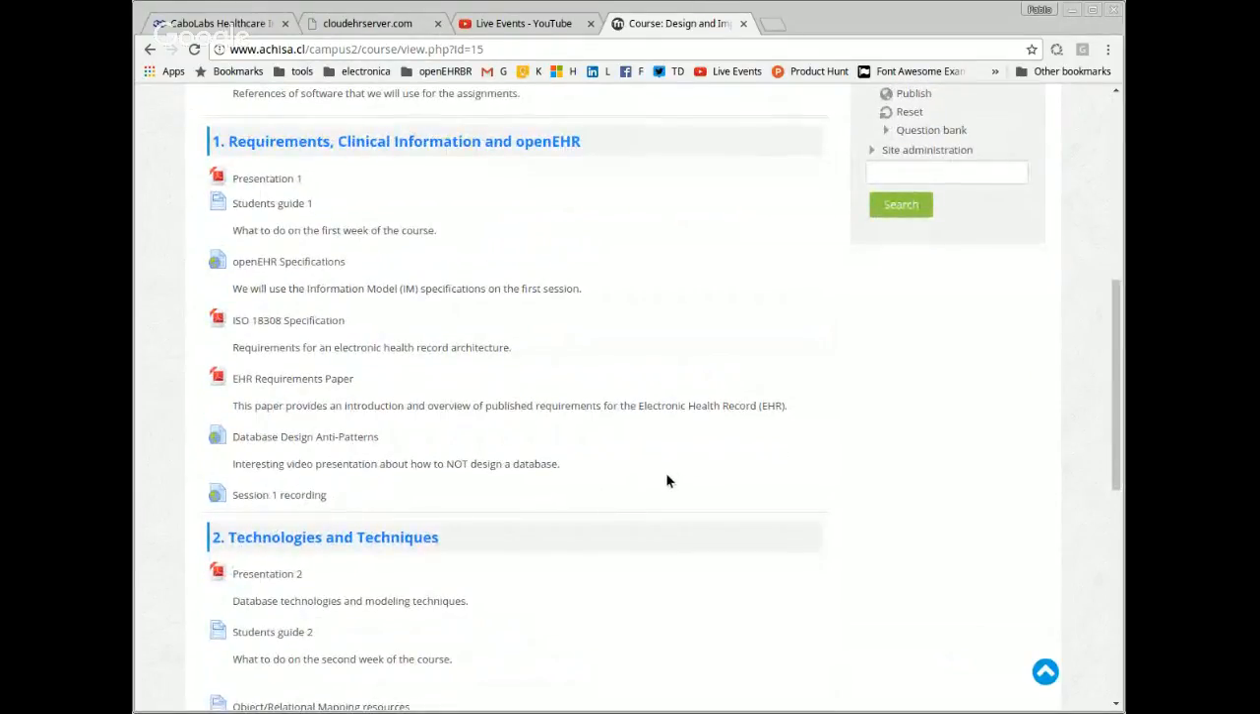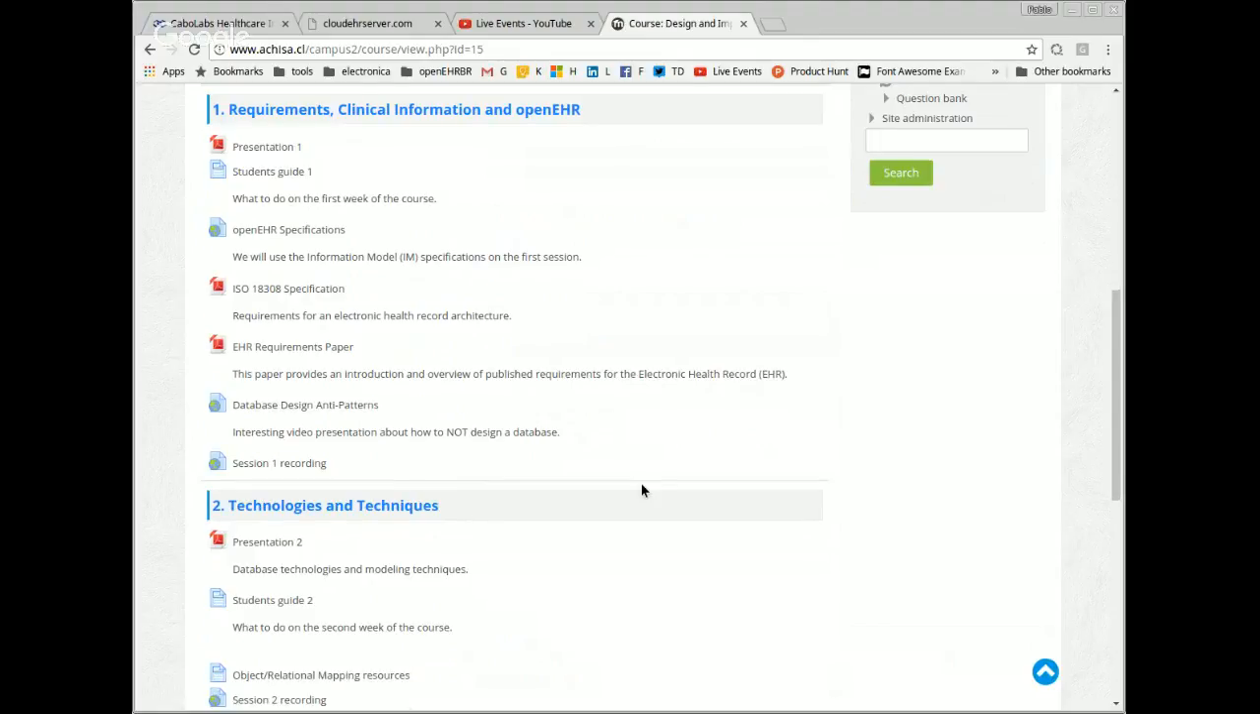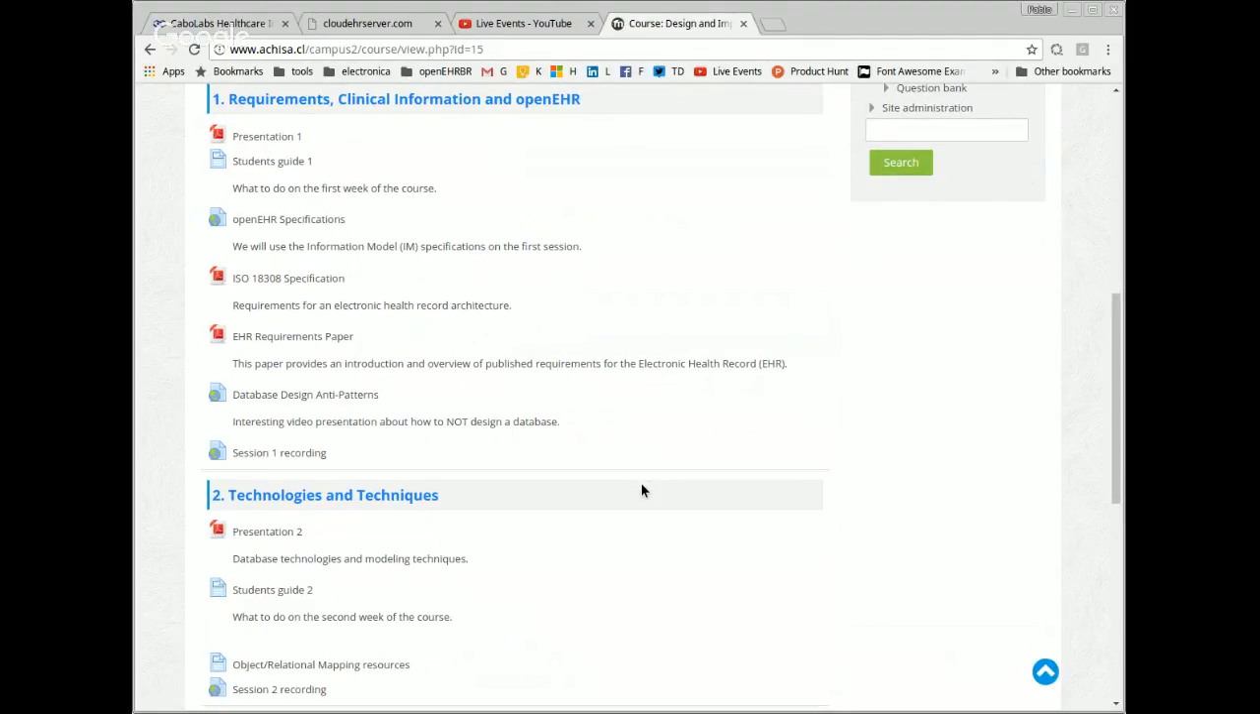We already had two sessions. The first session was about the clinical information requirements in general. And we saw most of the openEHR information model for clinical information. And on the second session, we reviewed the available technologies for implementing databases in general. So we talk about relational databases, object-oriented, document-oriented, XML, JSON databases, graph databases, key value, etc. And we saw some techniques to implement